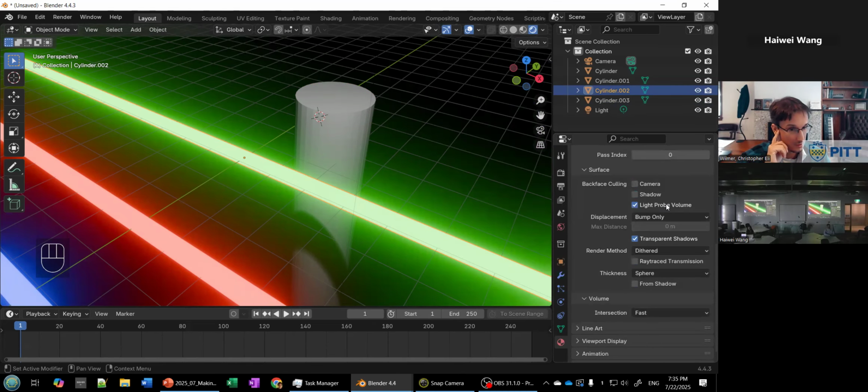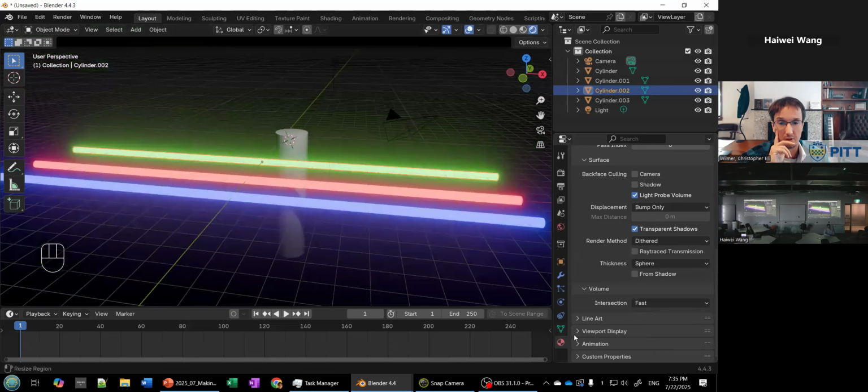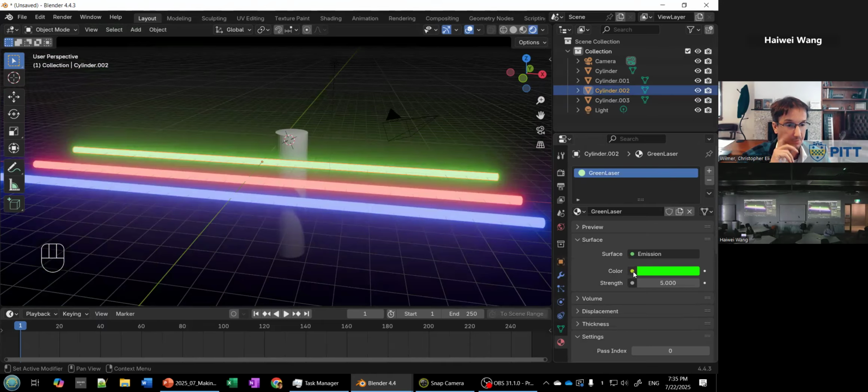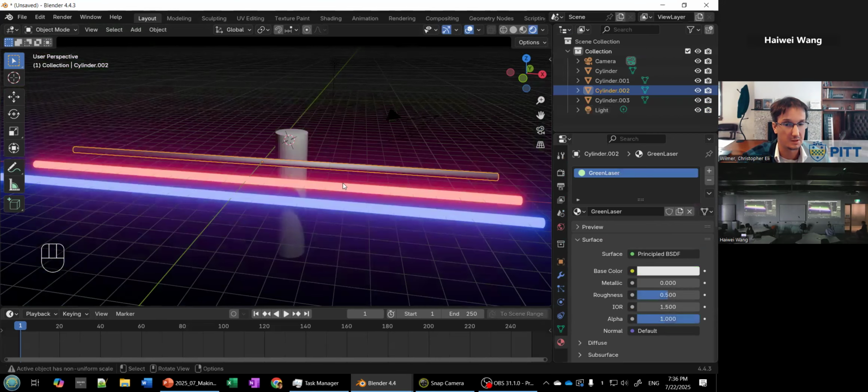It's always dangerous to do these things in real time. Somewhere here there's a setting saying that it's not going to cast a shadow. That's not it. But we can also make it transparent. I'm going to go to the material properties. One thing we can do is, there's a better way to do this, but I guess I'm thinking in real time. If we go back to this principled BSDF shader that we started with,